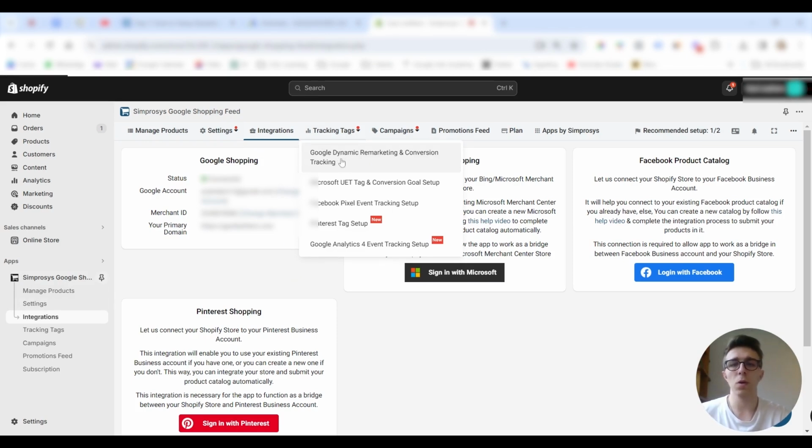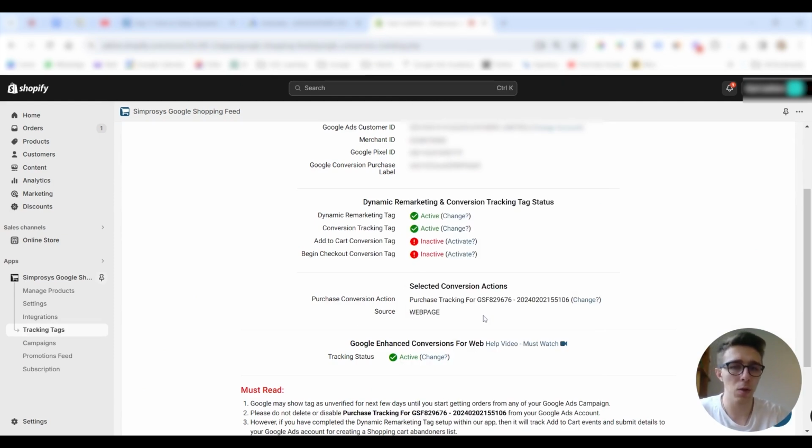Cool. Now you go here, and here I already have it installed for my client, but you're going to see the dynamic remarketing tag is going to be inactive. You want to press activate or change, whatever it's there. And also conversion tracking tag. This is going to be for purchases. So you're shooting two rabbits with one stone,